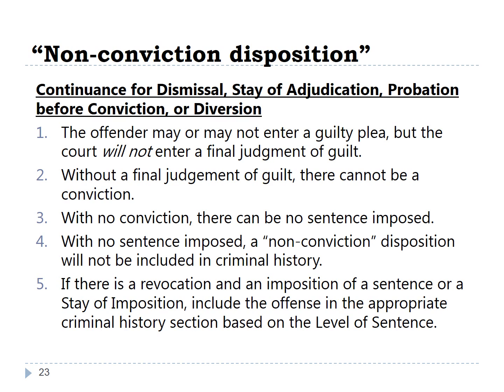In the event of a stay of adjudication or a continuance for dismissal, the offender may enter a guilty plea, but the court will not enter a finding of guilt on the record. This means that there is no conviction. This is why the non-official term for these types of sentences is non-conviction disposition, as this helps to differentiate these from those that do have a conviction. Now, without a conviction, there can be no sentence imposed or stayed. So unless the non-conviction disposition is revoked before sentencing on the new offense, it will not be used in criminal